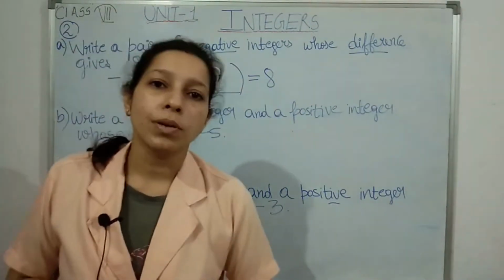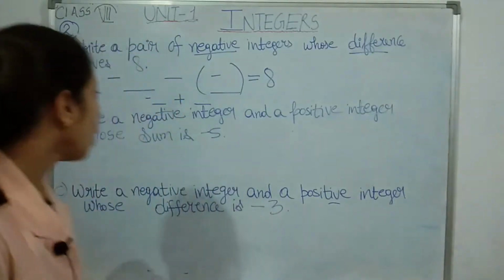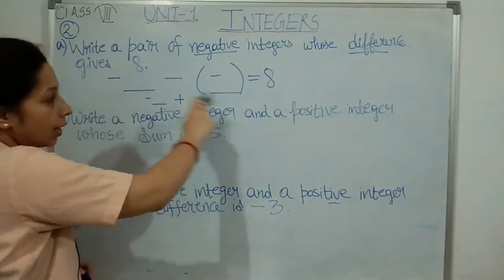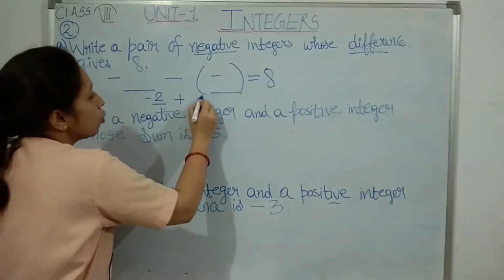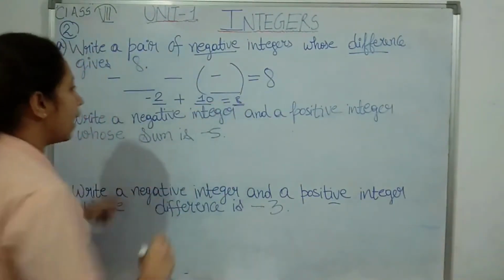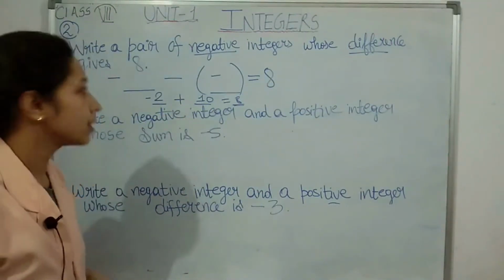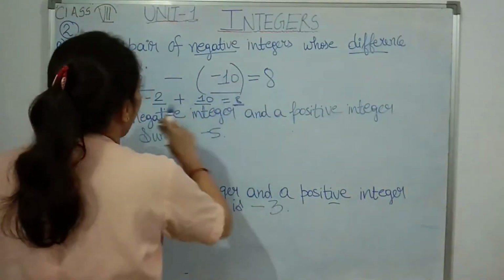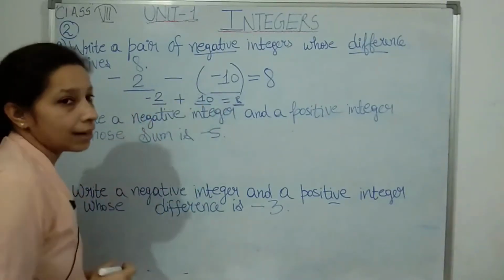So think of any two numbers students, suppose 10 and 2, 10 minus 2, 8. But if here I will write 10, then it will become minus 10. In answer I will get minus 8. So let me write 2 here, minus 2 plus 10. Now you only say what is the result? The result will be 8. Minus plus minus, 10 is the greater number, so we got 8. Clear students? So here minus 2 minus minus 10. On solving, minus 2 minus minus plus 10, the result is 8.